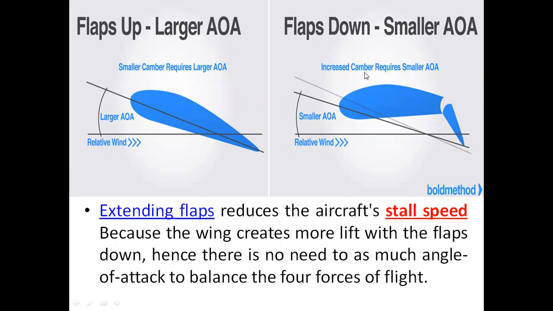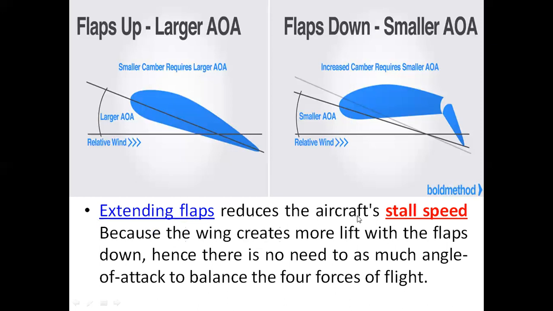The wing camber area gets increased. Now the aircraft will maintain a smaller angle of attack. That is generally the advantage of a flap. Once we increase the camber area, we are required to maintain a smaller angle of attack during flying of an aircraft. So by making the conclusion of these two diagrams, we have come to one conclusion.